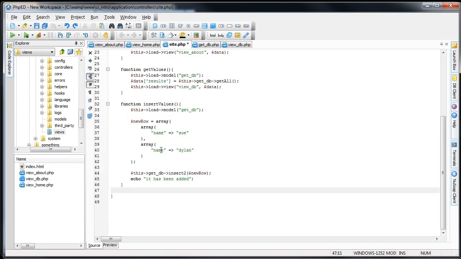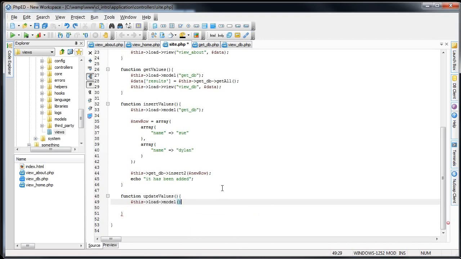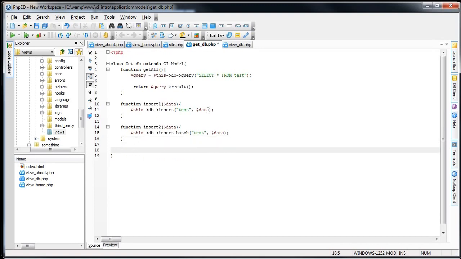First thing I want to do is create a new function in my site controller. Call it update values. And then I will load the model that I've been working in. Just load model of get_db. Bad name, but who cares? And we'll go in here into the get_db model, create a new function, call it update